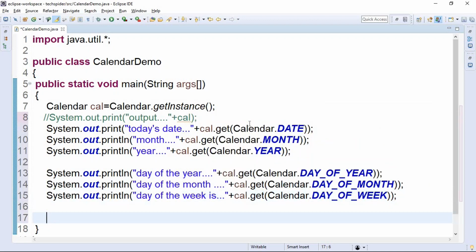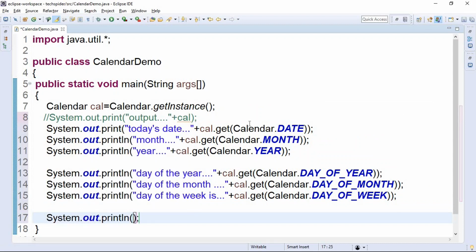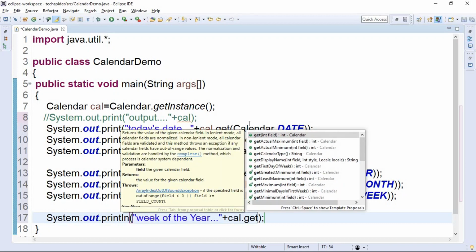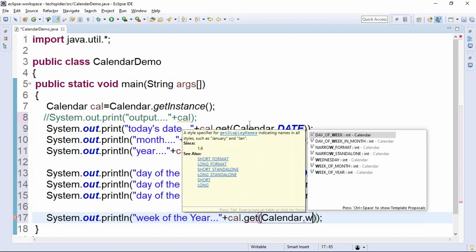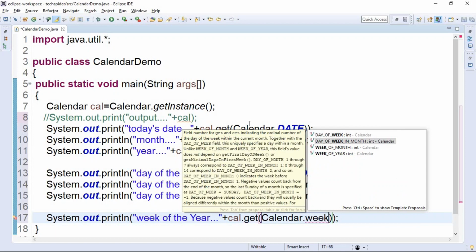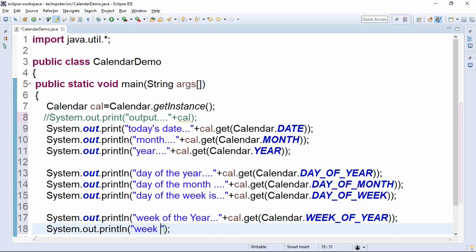Yes. Similarly, I want to print the week of the year. Now use plus cal.get method, Calendar.WEEK_OF_YEAR. Yes. Next one, I want to print the week of the month.